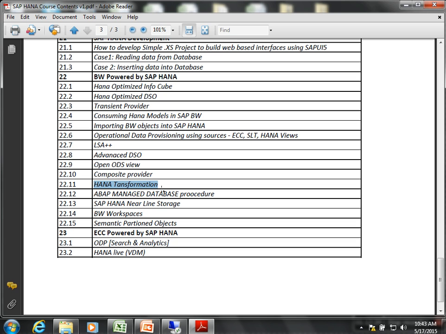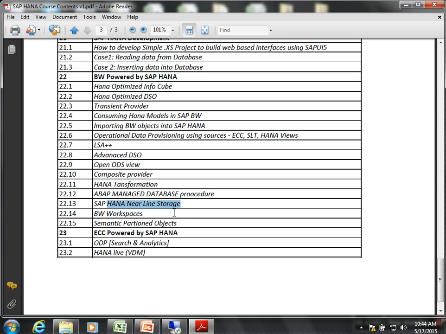How do we normally, you know about transformation like start routine, end routine. But if I write routines, the logic is not getting executed in the HANA database. Now, to speed up my application performance as much as possible, I need to push the logic into what? The HANA database. So how can I write my HANA expert routine, expert SQL script in stored procedures to improve the speed of my transformations also. Then ABAP managed database procedures, like from an ABAP class, how do I call my procedure in the backend database?